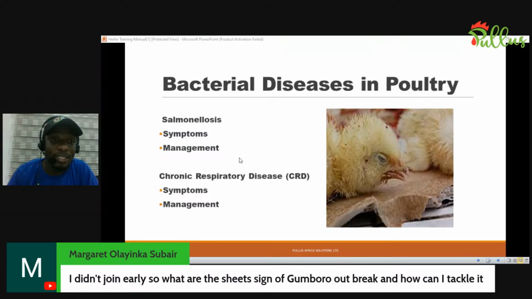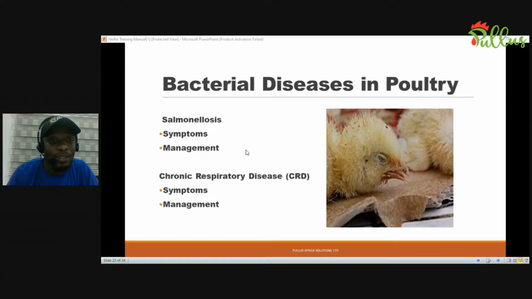You see that their sinuses might also be swollen, like I mentioned. So they might also be passing mucus from their nostrils. You can also see that as well. So those are part of the signs that you see for this problem. It is also a bacterial infection caused by mycoplasma. And how do you manage this problem?